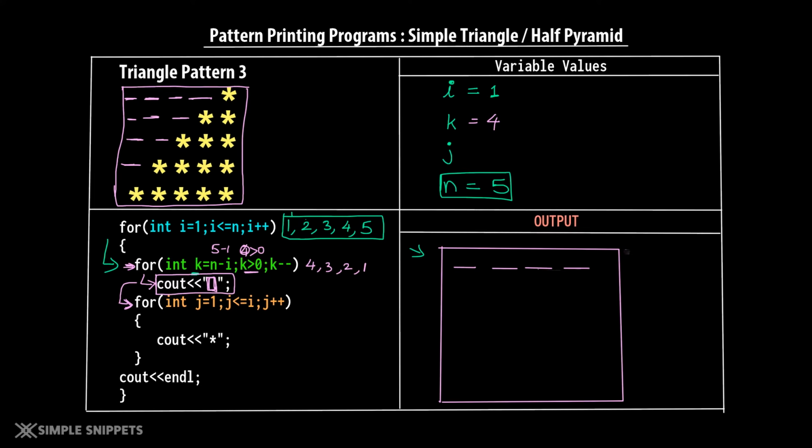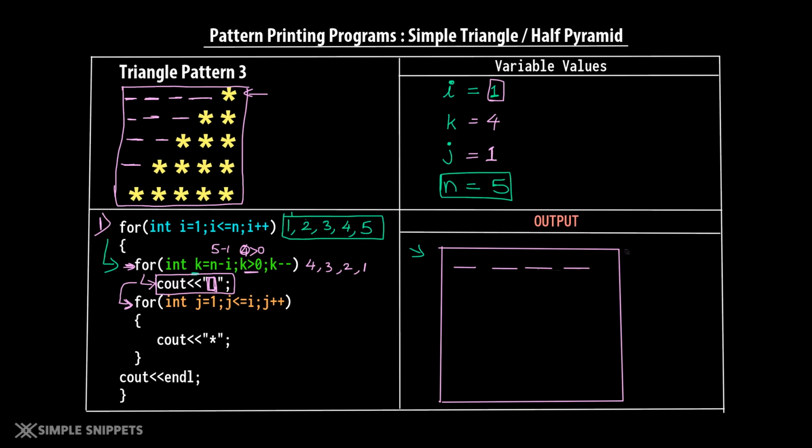Over here we'll again say int j equals 1. So now j becomes 1. Why did we make j 1? Because we want to print 1 star for the first line, right? So in that case, the condition becomes j less than or equal to i. What is i? i has taken the value of 1 for now. So we are still in the first iteration of the outer for loop, where i is still 1.